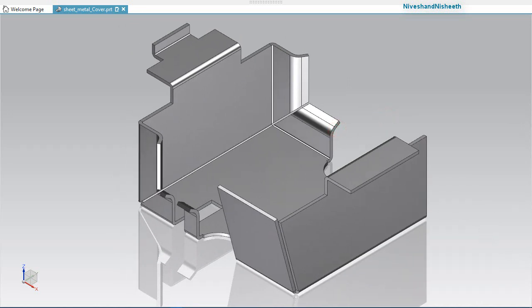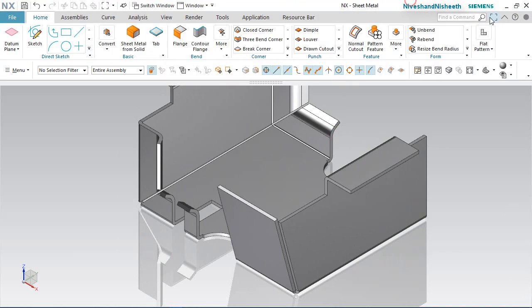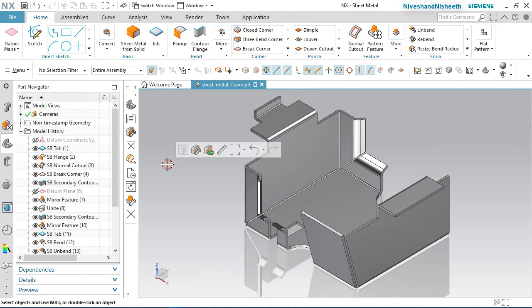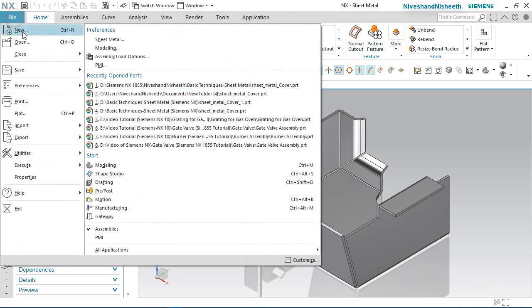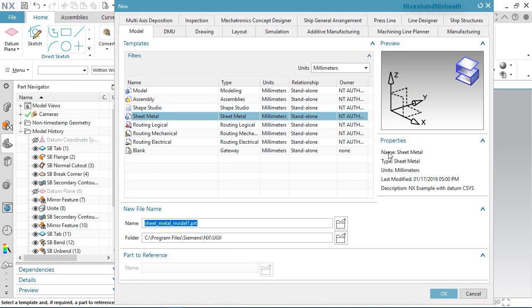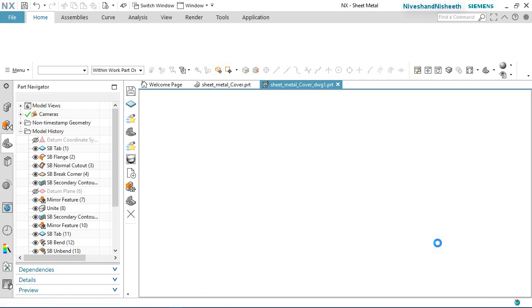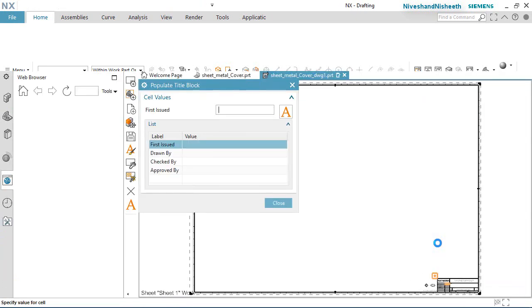Now we will go to the drawing view and create the drawing view of this model. Click new. OK. Choose drawing view. Select millimeter in the units area. Click OK. Now see, my drawing view is visible here.